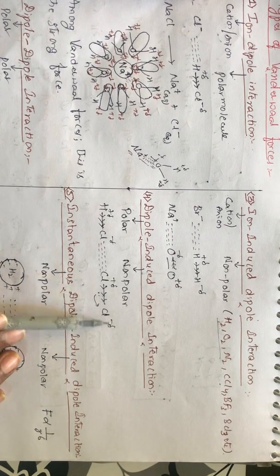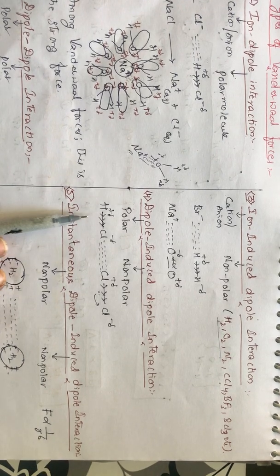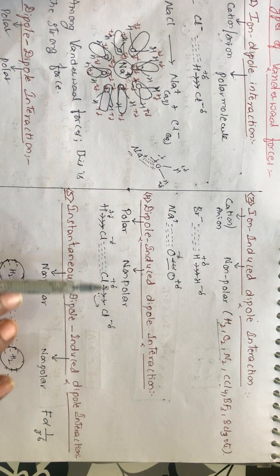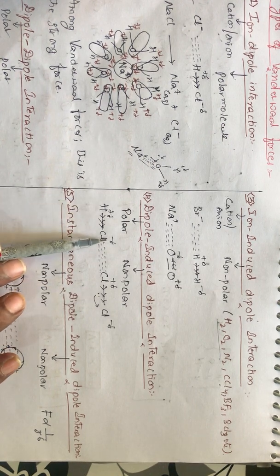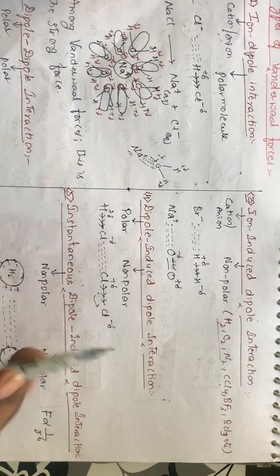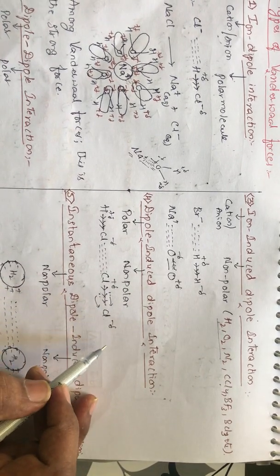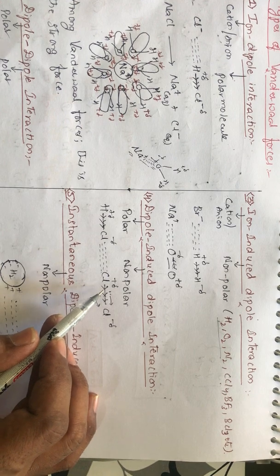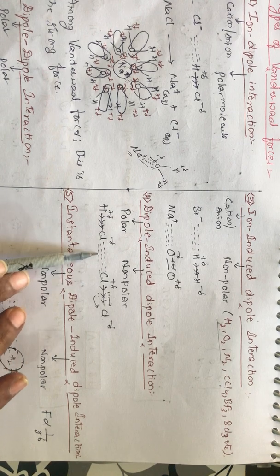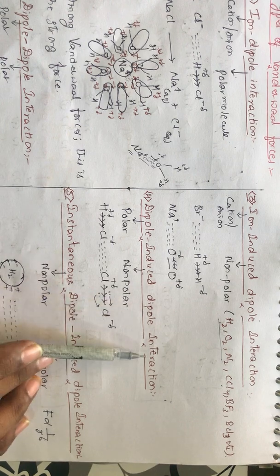Then how will you get charge in this molecule? You will get charge in this molecule due to this polar molecule. This polar molecule introduces the charge in this chlorine molecule, which is non-polar. So in this you will be getting plus and minus charge. This minus charge repels the electrons present between these two chlorines, so these electrons move towards one side, so that this chlorine gets negative charge and this chlorine gets the positive charge. Now, due to the presence of positive charge, this chlorine tries to attract this one. This type of attraction is called dipole induced dipole interaction.